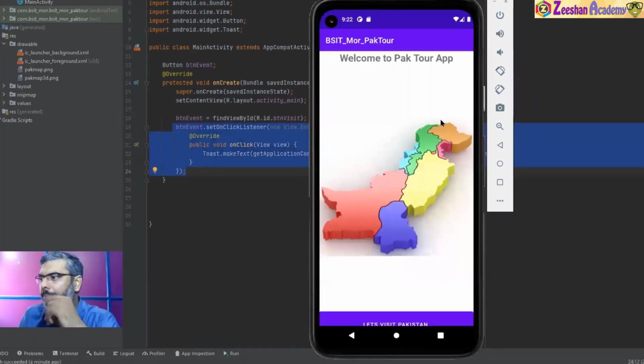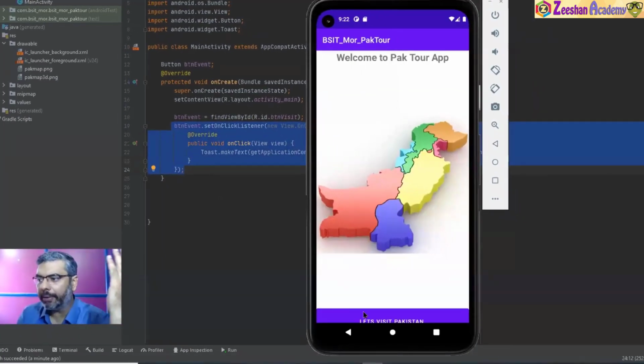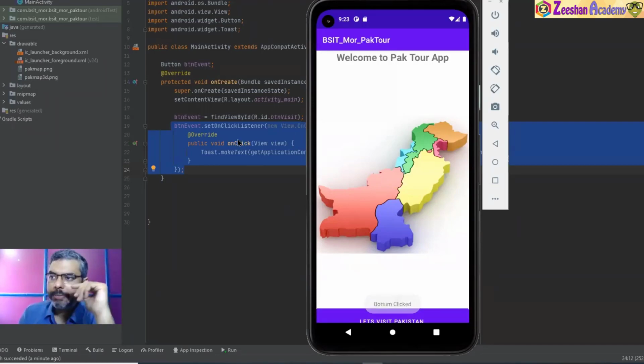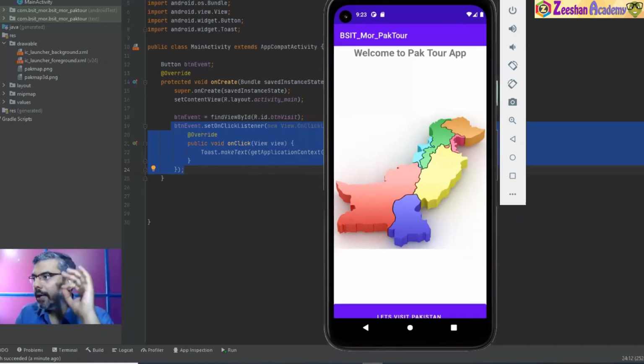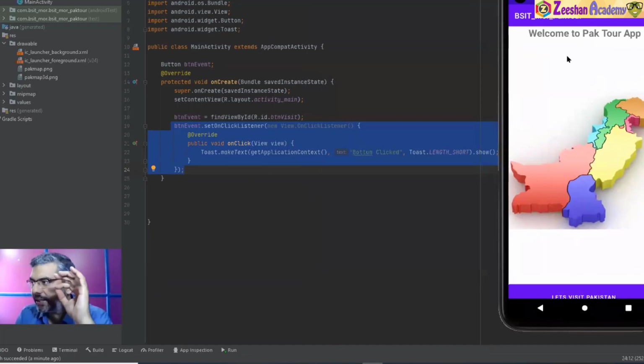ठीक, so once we come back into our code you will note कि fantastic, मेरी ऐप विजिबल हो गई. Let's visit पाकिस्तान. पहला बटन, मैंने इस बटन पे क्लिक किया, बटन क्लिक का पॉपअप आ गया. ठीक है, अलर्ट मैसेज हमारे पास आ गया. So that means कि ये ऑन क्लिक लिसनर इवेंट मेरा सक्सेसफुली काम कर रहा है. ओके, डन. चलें, once you understand this that my option is available now, if I click on list button, this